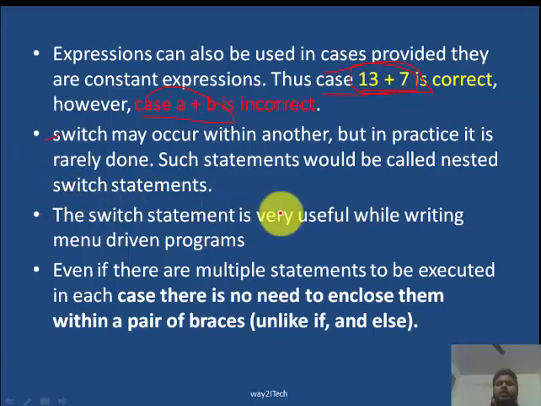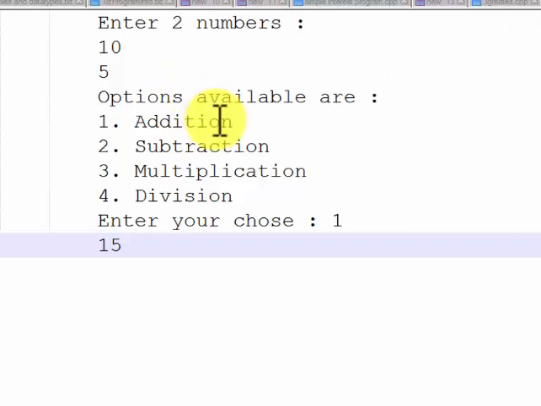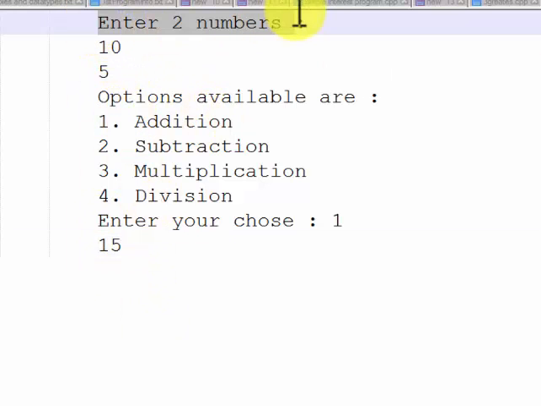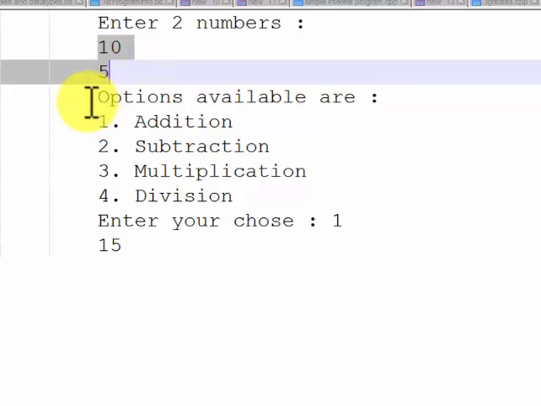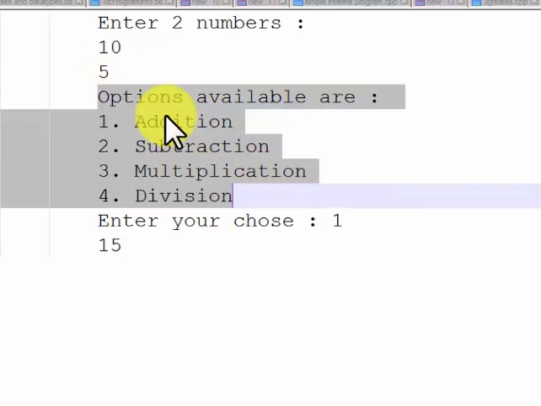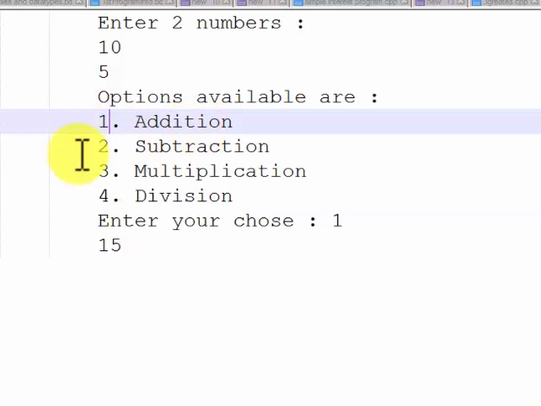The switch statement is very useful while writing menu-driven programs. The switch case statements are used in menu-driven programs. What are menu-driven programs? A program like this is a menu-driven program. First of all, the user gets a message to enter two numbers. He enters the two numbers 10 and 5. After entering the numbers, the user gets some options: 1 addition, 2 subtraction, 3 multiplication, 4 division.